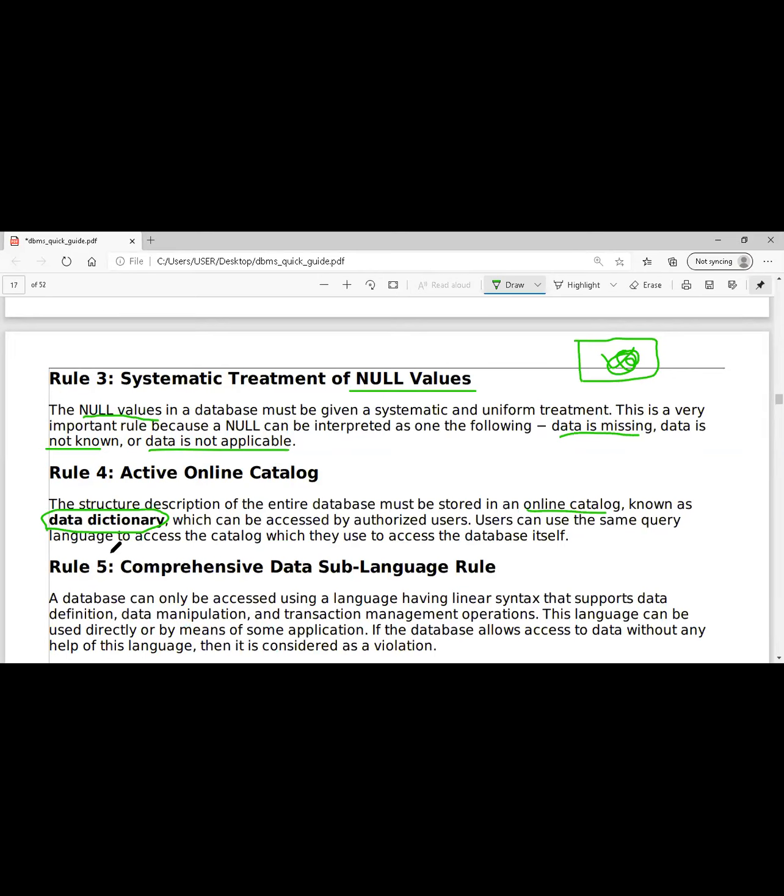Like if you go to a hotel, as I have told many times, the example I am giving, you will have a menu card. You will not go to the kitchen room of the hotel and see what items are given and what is cooking. We are not going to bother about that. Simply we will have one catalog on the table. Seeing that catalog, we order.